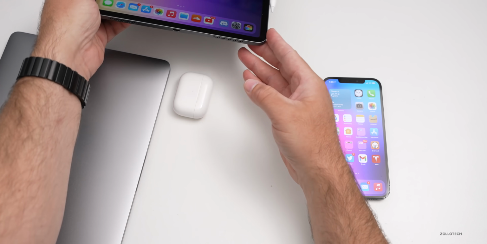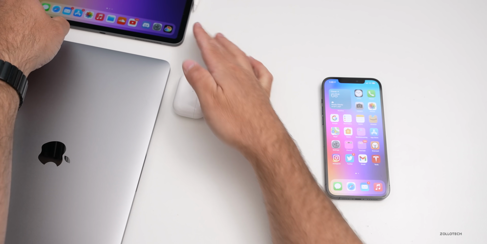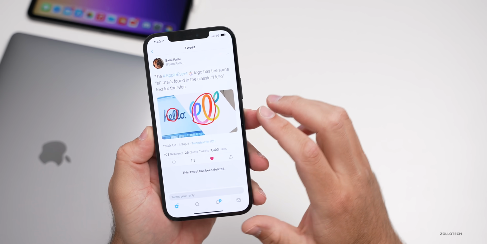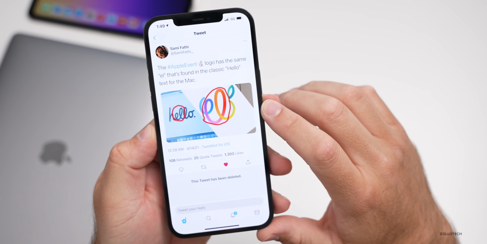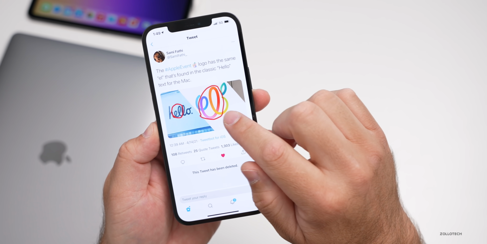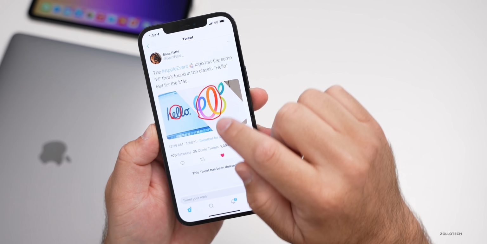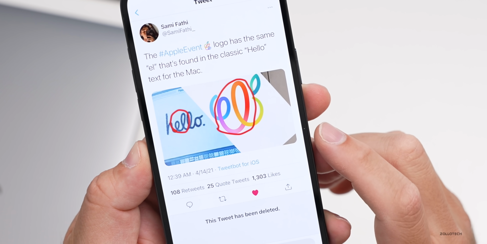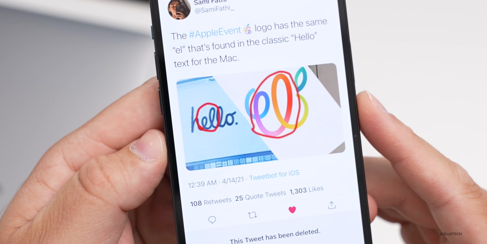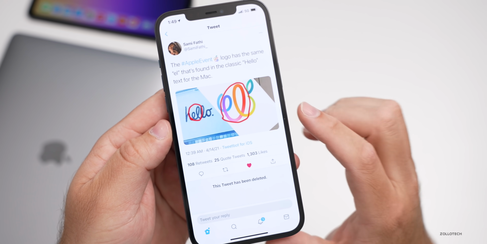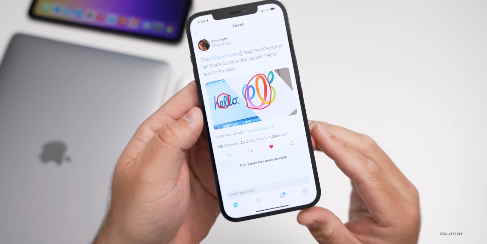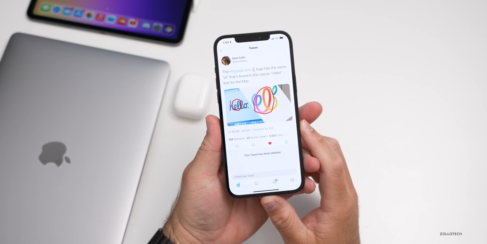Now, one thing it seems very likely that we will finally see is some update to Apple's Mac product lineup. Now, if we take a look at the actual invite, and this seems to be far-fetched, but Apple often includes these sorts of hints in the invite. If you tilt the invite Apple logo sideways, it has the EL from hello in the Mac hello. So this is sort of their text or cursive text that matches up perfectly with the same sort of font and cursive writing. So it's very likely to see some sort of Mac, and I think that will be an